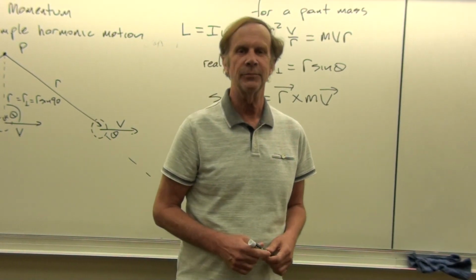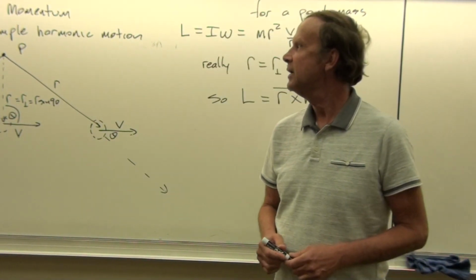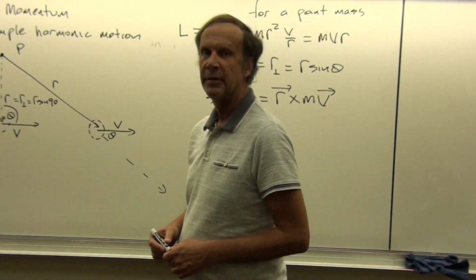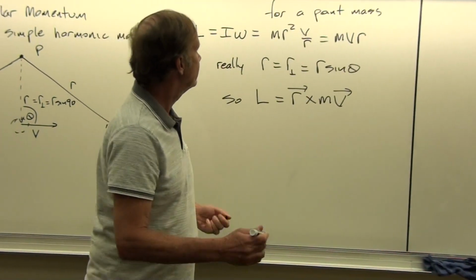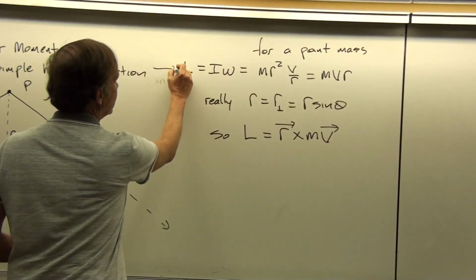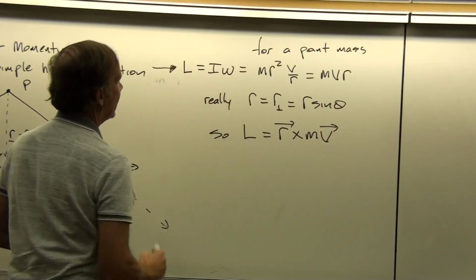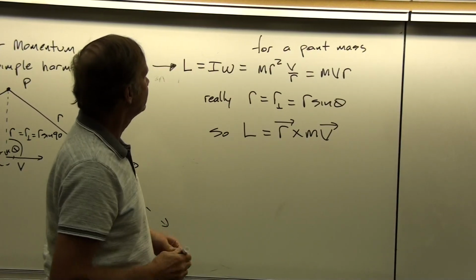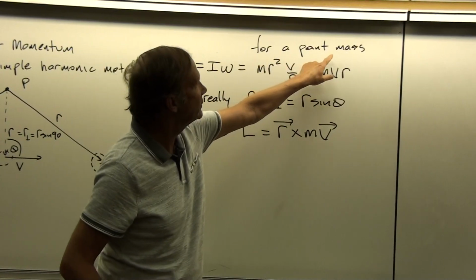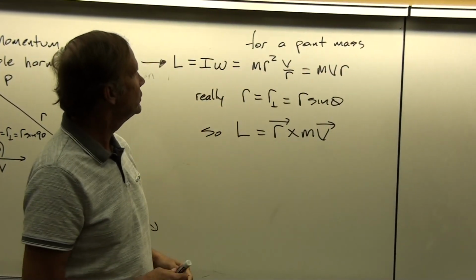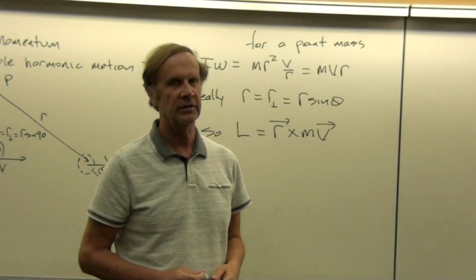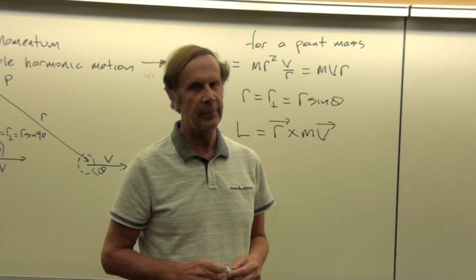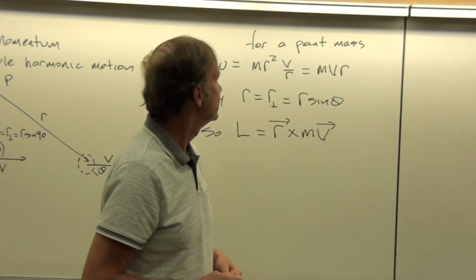All right, to finish up this section on simple harmonic motion, I'd like to look just a little bit at another form of the angular momentum expression. You may recall from before that angular momentum can be written as I omega. But there is an alternative form for a point mass that is useful in some situations. And so I'd like to look at that example. And that's also relevant to a couple of the lab exercises that you're doing this week.